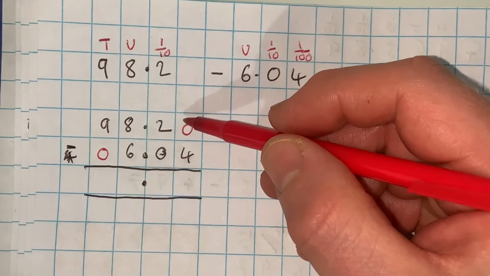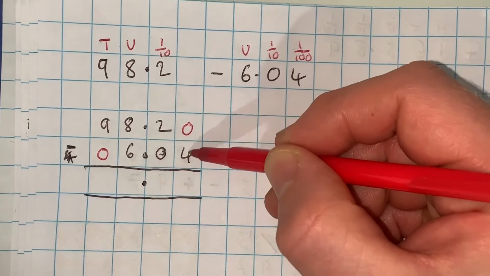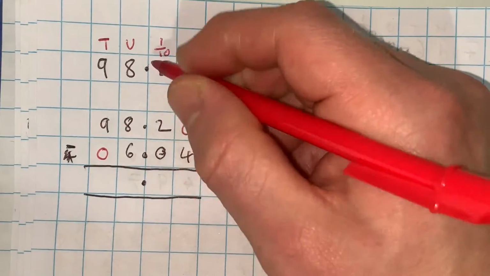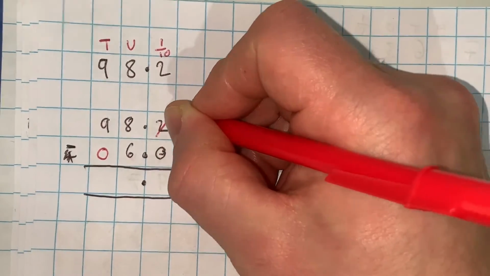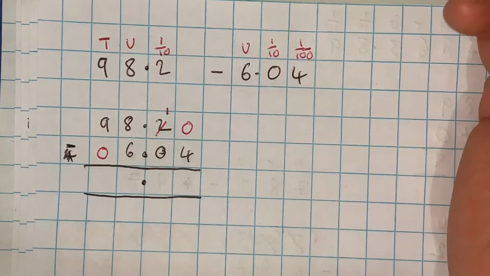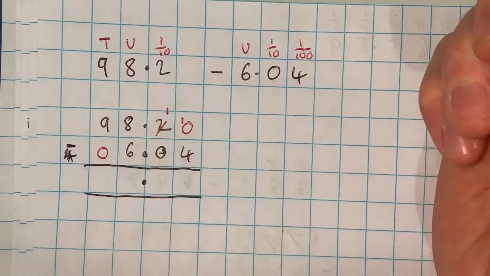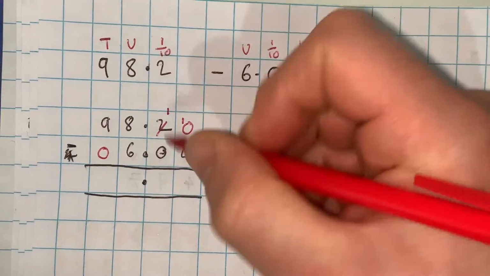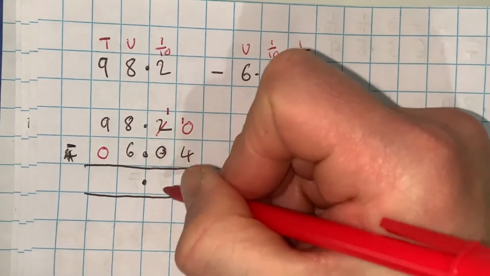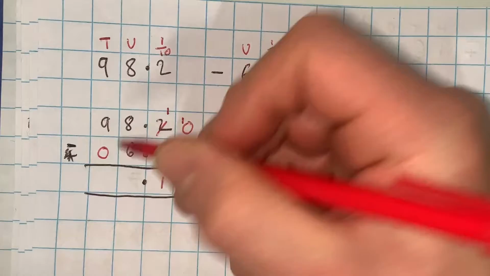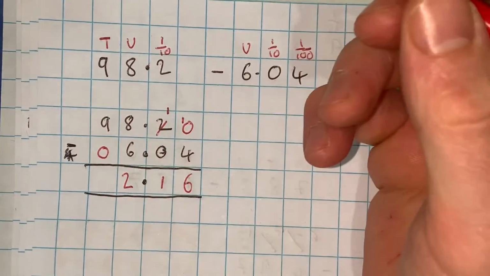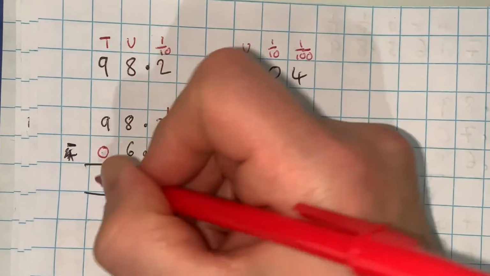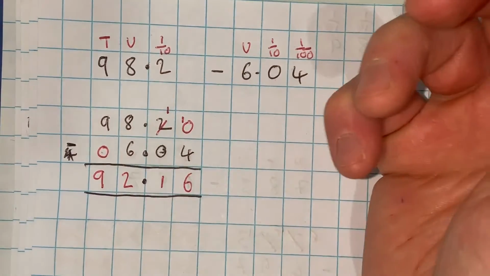98.20 take away 6.04. 0 take away 4 we cannot do. So I'm going to have to borrow 1 from the 2, becomes 1, and then carry it over there. So 10 take away 4 I can do, which is 6. 1 take away nothing is 1. 8 take away 6 I can do, which is 2. And then 9 take away nothing is 9. So my answer is